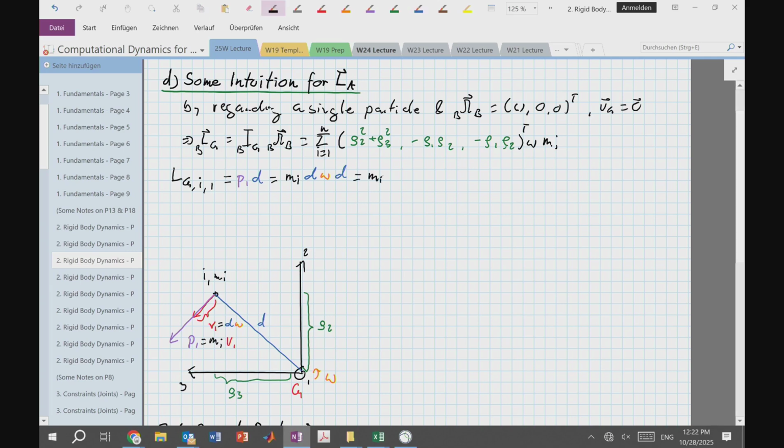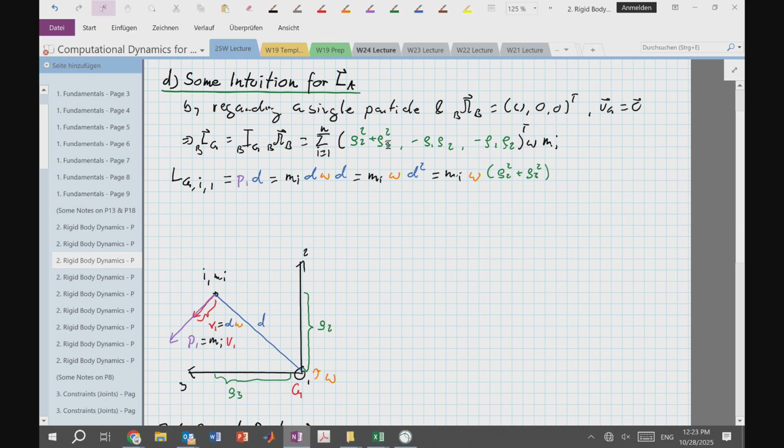And d squared is equal to what? So just geometrically, how can I write d squared? Rho 2 squared plus rho 3 squared. And voila, we have exactly this term here, right? Of course, not in the sum, but just for one particle. Rho 2 squared plus rho 3 squared, to be precise, times omega